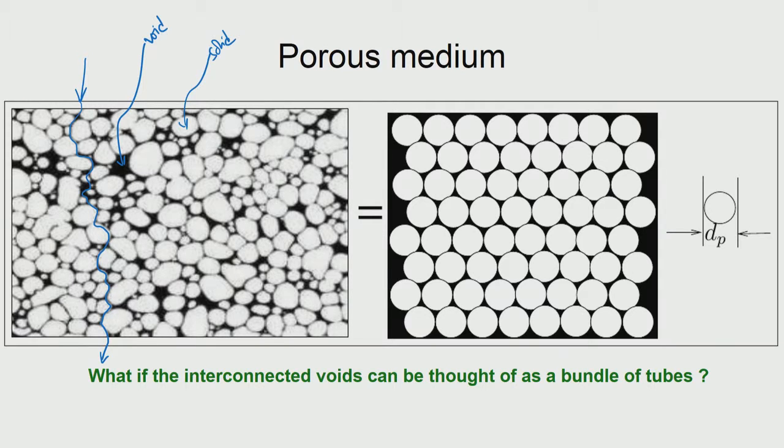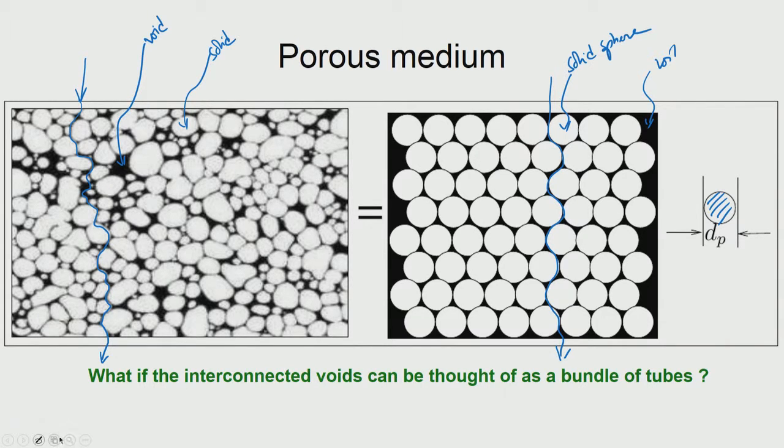so that the fluid can go through the porous body. Now, it also means that you could also have a bed of spheres, each sphere made of the diameter dp, and the black here is the void, and this is a solid sphere. Then you could also have the situation where fluid can go through the void that is available to go across the porous body. Okay. So, in both these situations, for example, you could treat that there is a certain amount of void volume that is available for the fluid to go through.